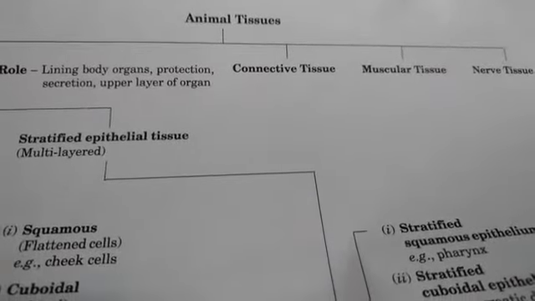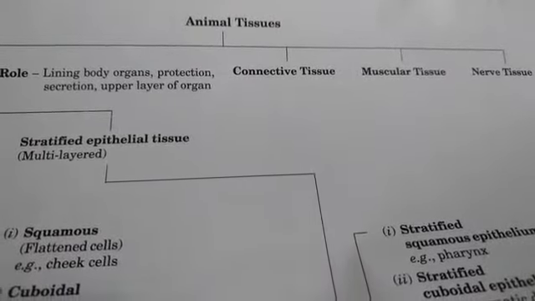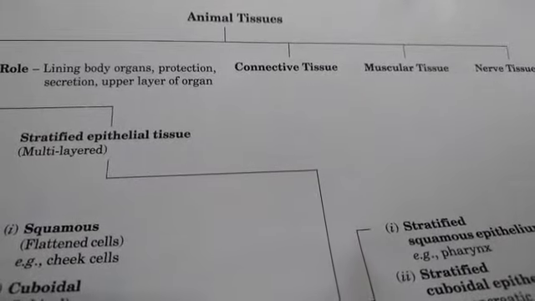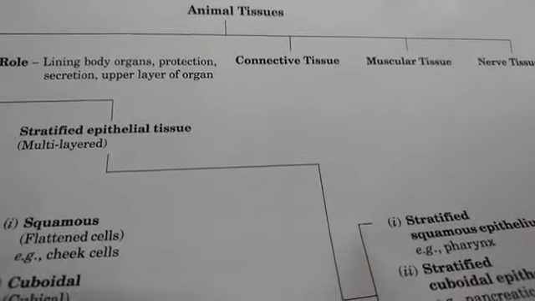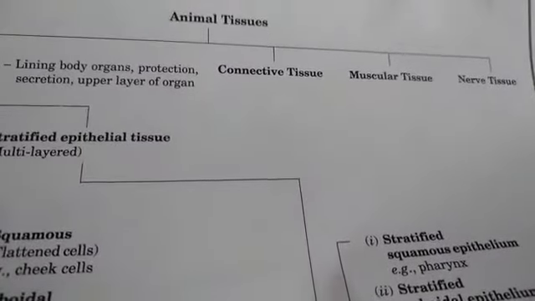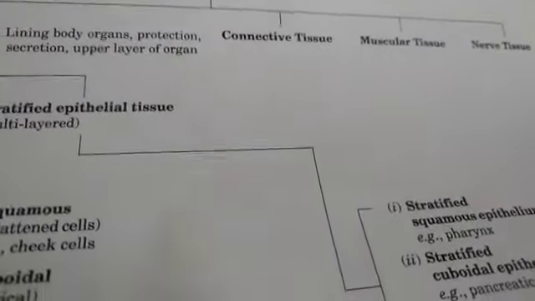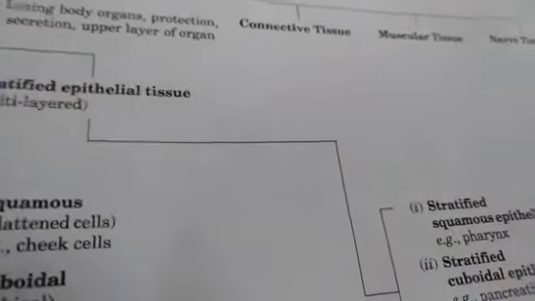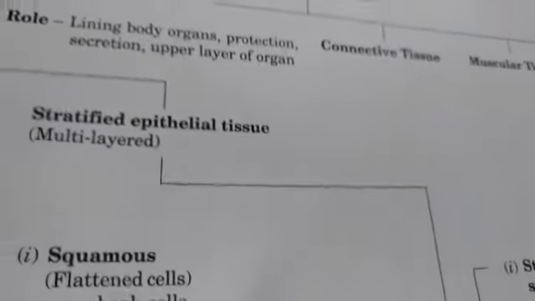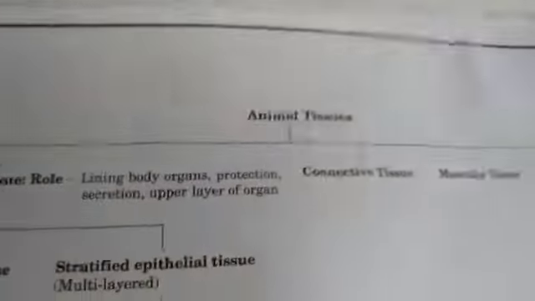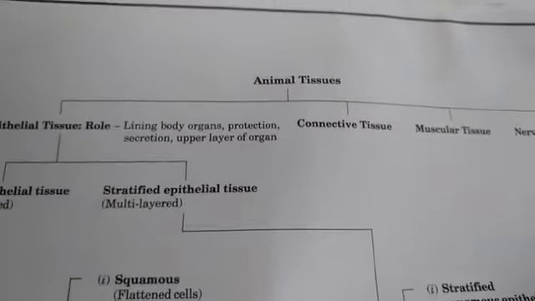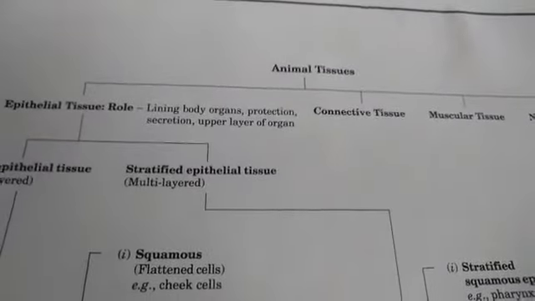Good morning, students. Today we are going to study animal tissue. In the previous class, we already learned about plant tissue. Now, you know animals are heterotrophs, so their body structure is very complex, and to work properly, different types of tissues are required. For example, our body is made up of different organs and organ systems.